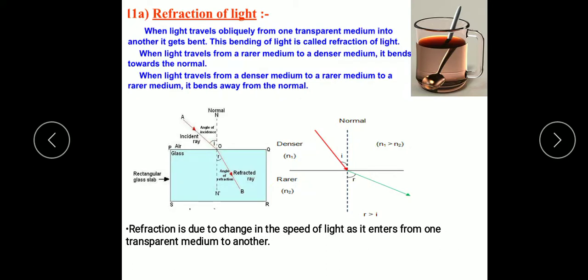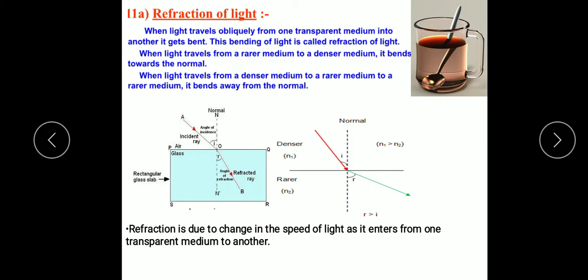Now what is refraction of light? When a ray of light travels from one medium to another medium of different optical density, it changes its direction. This phenomenon is called refraction of light, or in a simple way, change in the path of a light ray as it passes from one medium to another medium is called refraction of light. That is, change in the direction of light when it travels from one medium to another medium is called